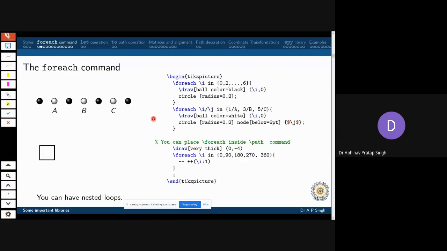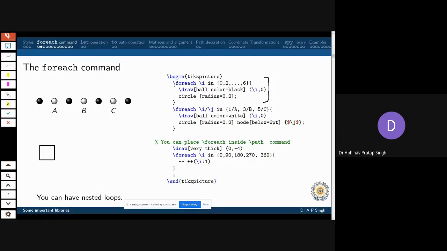As we have mentioned previously also, LaTeX is kind of a programming language, and the advantage with a programming language is that you can use loops. So we have this command which is known as the foreach command. It is kind of a for loop, and first you can see its usage. For example, you can see what I have done here. If you know any programming language, then you can easily understand what is happening here. But even if you don't know, it is easy to understand.